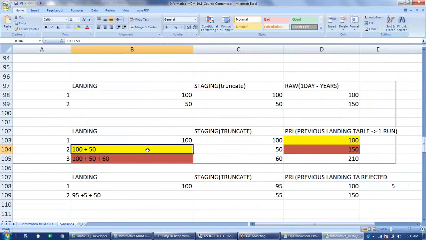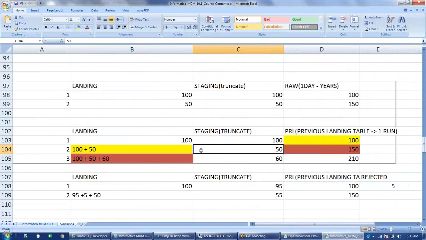So when we run the stage job, at that time it compares the landing table and the PRL table based on whatever settings you have done. You have set it based on a date column or based on a specific column. So it will compare both the tables, and if it finds that similar data exists, maybe based on the date or maybe based on the column, it will just ignore those records. And it will process only the new records or the changed records which have come. So usually we do the delta based on the date column. Whatever new records have come, that only gets processed.